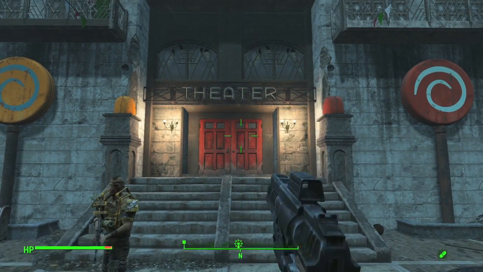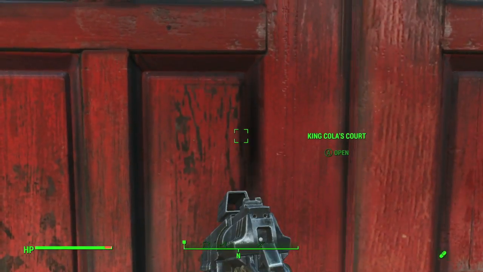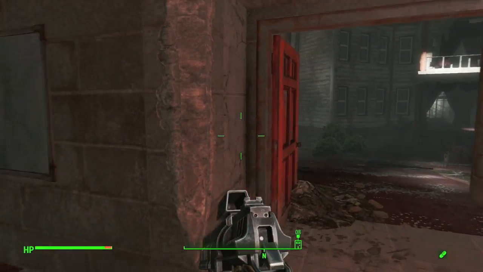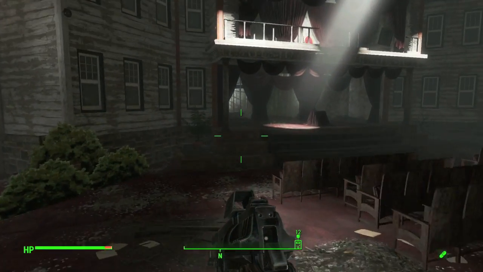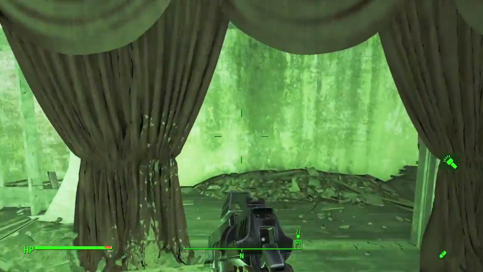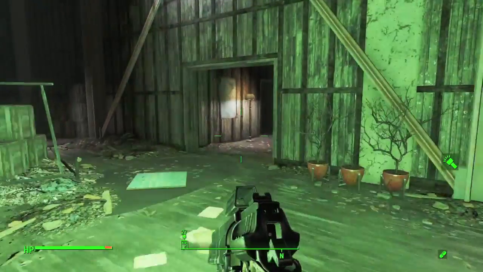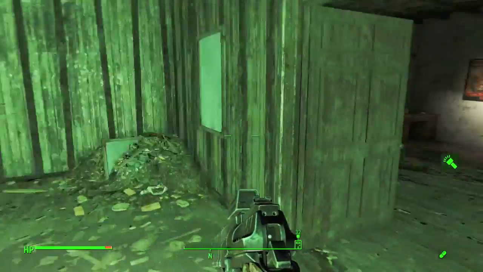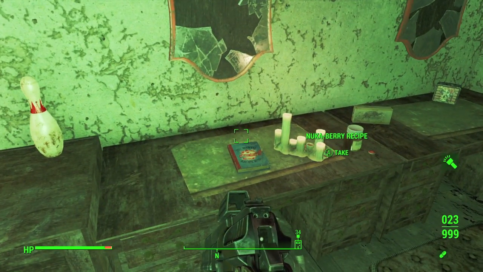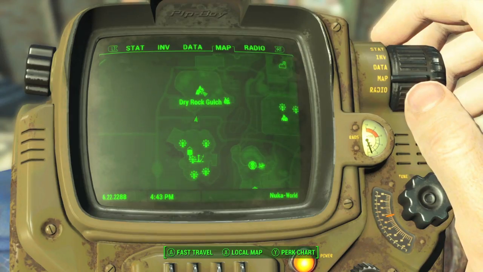Then head over to King Cola's castle. This is the theater where you fight Oswald. Head on inside, and before you go up the elevator to fight him, or if you're doing this after the fact, just head into the backstage area, and you want to look in one of the dressing rooms. I believe it is the right one, and you want to grab the recipe on the dressing table. So make sure you grab that. It's going to be Nuka Berry, and then we're going to head up to the next attraction, which is Dry